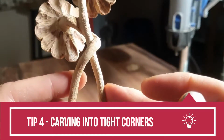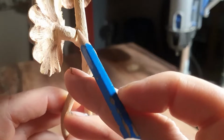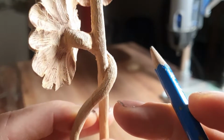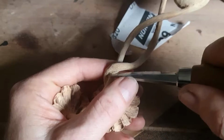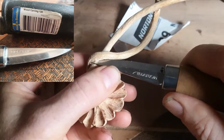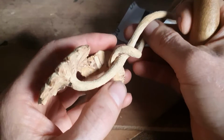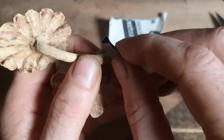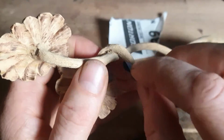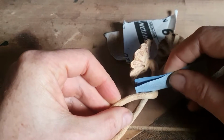Okay, so I've got a few little tricks to get into those really tight spaces like that one there where the stems connect. And you kind of want a real defining line. You don't want that look that the stem is joining onto the other stem. So I use a knife sometimes, and I believe it is a Morakniv 120, I think it is. Really great general knife, probably one of the best known brands in the world for carving knives, a generalist kind of brand. And then I will just get a little bit of sandpaper and try and get into those